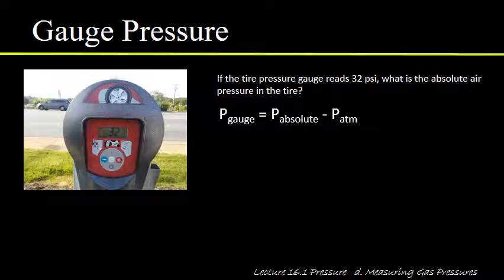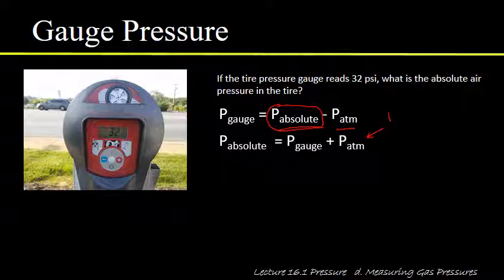So we remember our equation here, which tells us that gauge pressure is giving us the difference between the absolute pressure, the pressure in the tire, and atmospheric pressure. If that's the case, we can do just a little tiny bit of algebra, rearranging to solve for the absolute pressure in the tire. In order to do that, we just add atmospheric pressure to both sides, and that gives us absolute pressure is the gauge pressure plus the atmospheric pressure. And atmospheric pressure, I told you a bit ago, you can always assume,